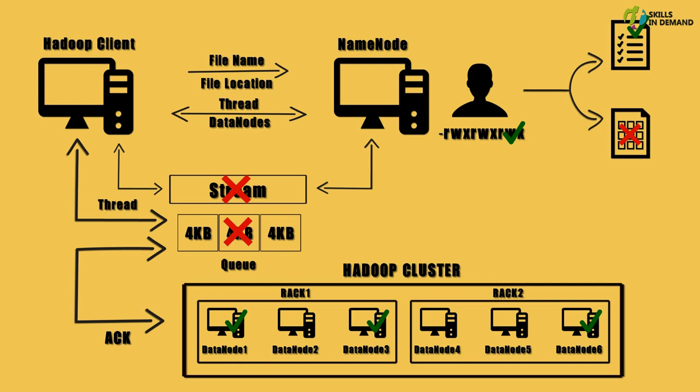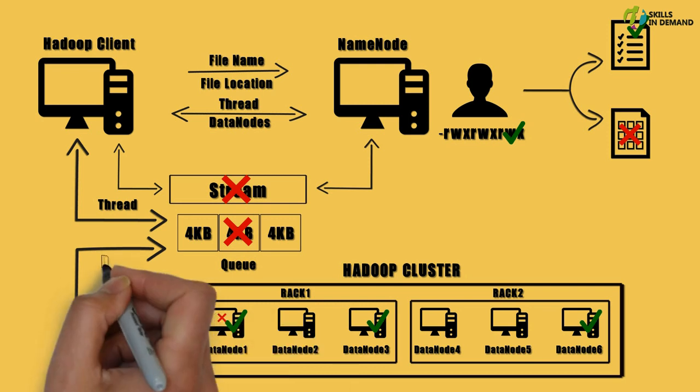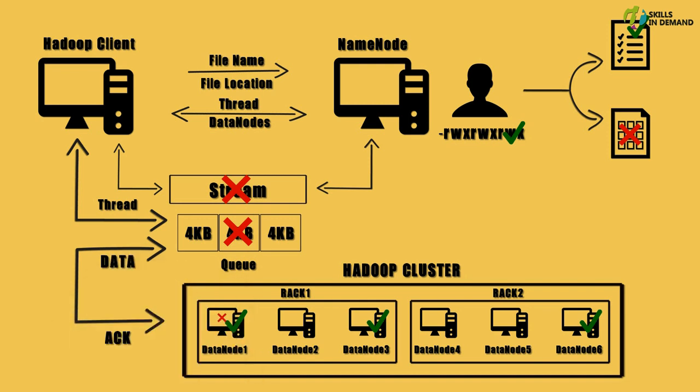Errors can occur during the write process for various reasons. For instance, if the disk or the data node on which the data was being written fails, the pipeline is immediately closed and any data sent after the last acknowledgement is pushed back to the queue. A new healthy data node is identified and a new block ID is assigned and the data is transferred.